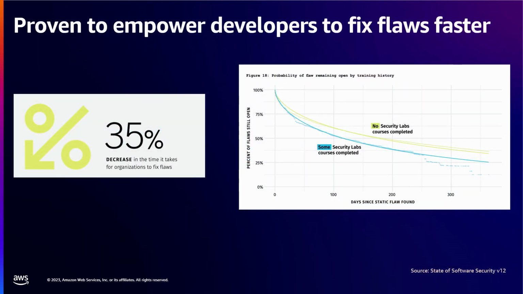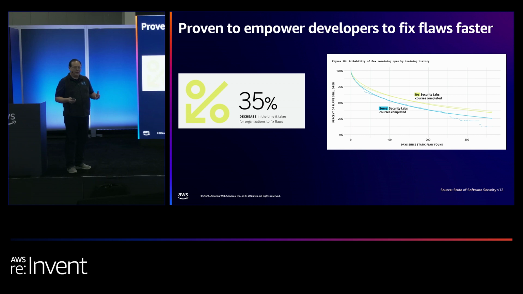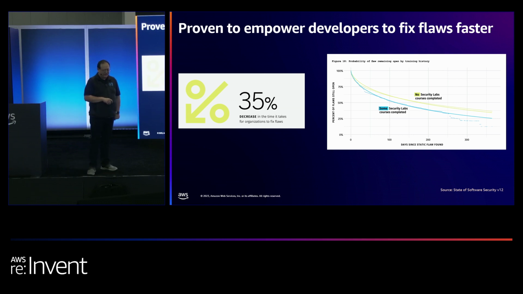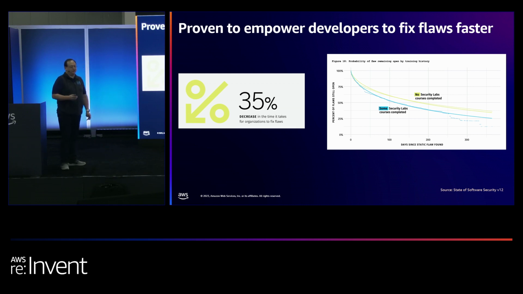And when we look at the actual statistics of what happens when you bring an interactive training program into your security conversation, we're finding that as you empower the developers, and the more they learn how to fix flaws earlier, and the more they are involved, if they've taken at least one course, the time it takes to fix a flaw drops by 35%. So you're improving your AppSec program by 35% in how quickly you can fix a flaw just by giving them one kind of training tool or technology. And that's a huge way to do that, right?